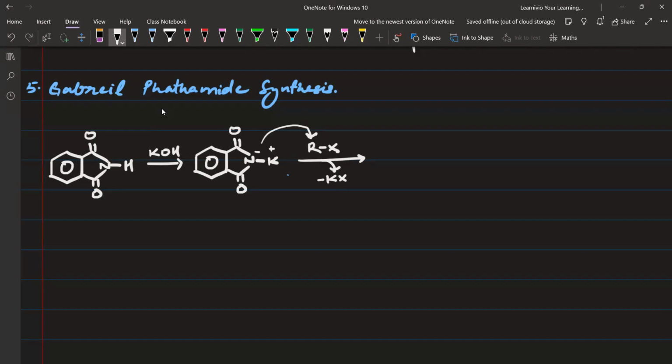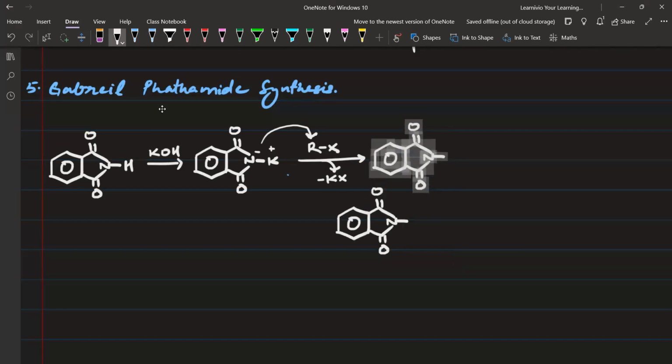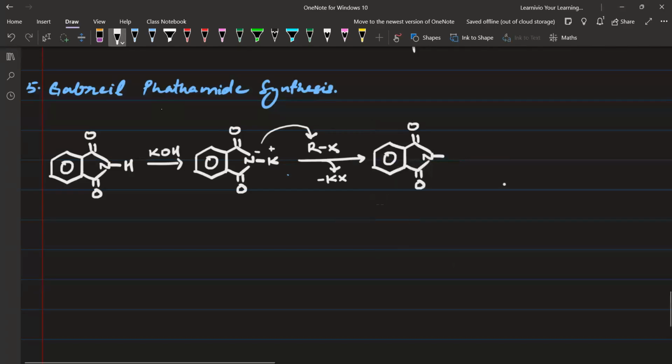अब आपके पास प्रोडक्ट क्या बनेगा? Now this nitrogen atom, in place of having potassium, it is now having what? It is now having the alkyl group R. Whatever alkyl group we have started from the haloalkane. Not haloarine, rather haloalkane only. After this, you can add NaOH,